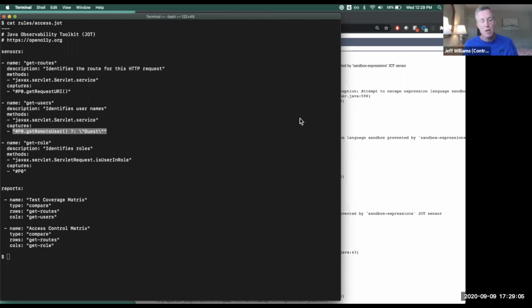Like IAST reports a SQL injection because it saw data flow from the source to the sink, but there may be an escaper in that path that IAST didn't know about, didn't put a sensor in, and so it doesn't see it. In contrast, we deal with that problem by actually analyzing the application for potential security controls. So we look for things that look like validators and escapers and encryptors and things like that.